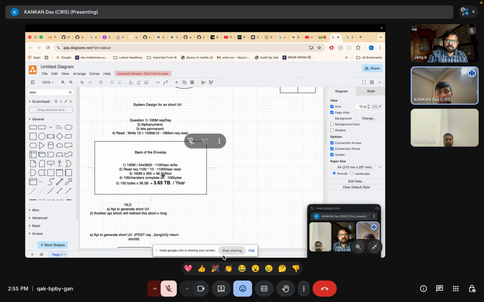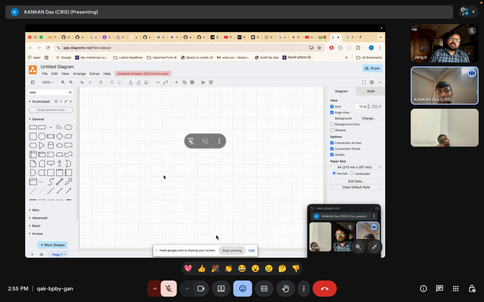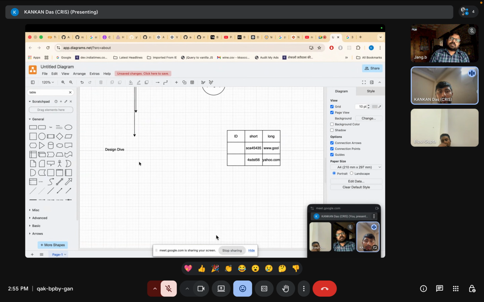In 1 year, we have around 36 billion keys. Sorry, can you come again? Yeah, around 36 billion keys for 1 year. Per year, yes. So to store 36 billion, we need a hash function that will